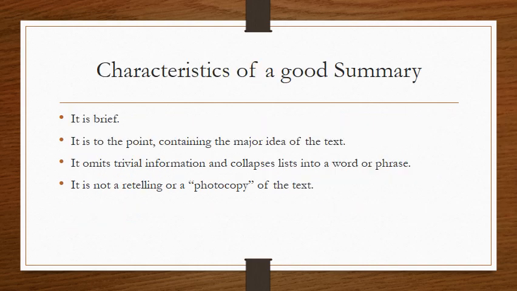Characteristics of a good summary. It is brief, means it is short. It is to the point, containing the major idea of the text, means irrelevant details must be omitted. It omits trivial information, trivial means unimportant, and collapses lists into a word or phrase. Means if there are lists present in the paragraphs, those lists can be conveyed simply in one word or some